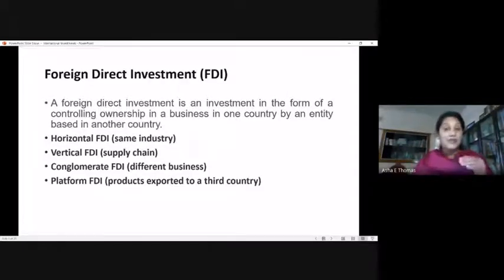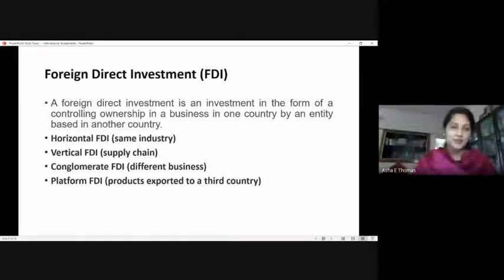Basically, that will be with respect to supply chain activities, warehousing facilities, or marketing facilities. Any of these will be brought under the category of vertical. So your collaboration is not with the same coffee manufacturing company, and they are not going to make investments in the field of manufacturing in India, but they are going to make investments with coffee producers, which may be available in India or Vietnam or any other nation, which can supply good quality coffee beans. So that is vertical integration.